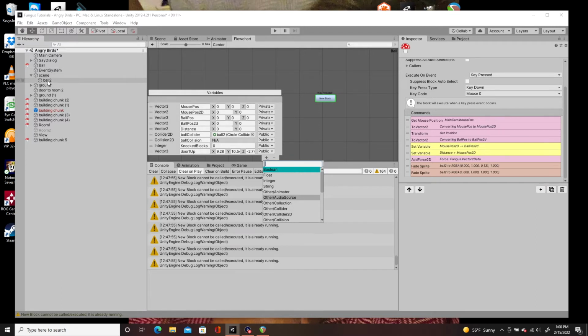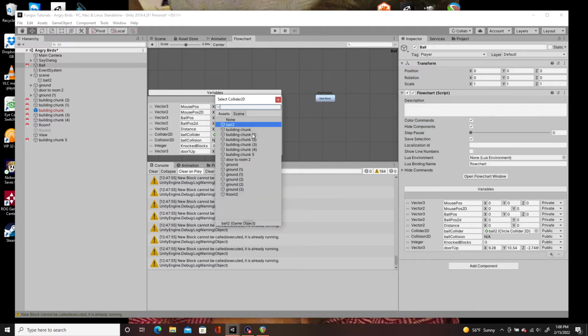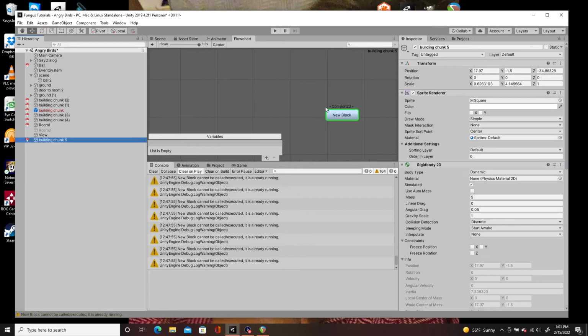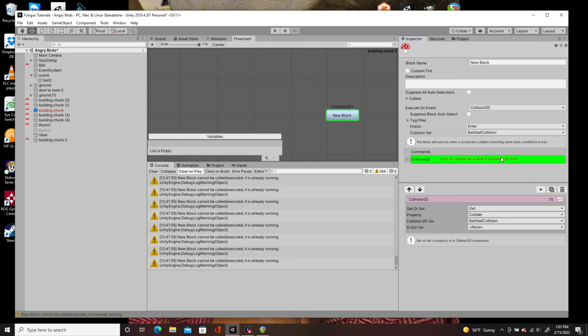And then we want to drag our ball, the actual ball with the collider and the rigid body on it, into the collider variable. Or you can click this right here, and all of your collider 2Ds will show up in here, and you can click on ball 2. So now we're going to go back, and we have this ball collision data, and now we want to save